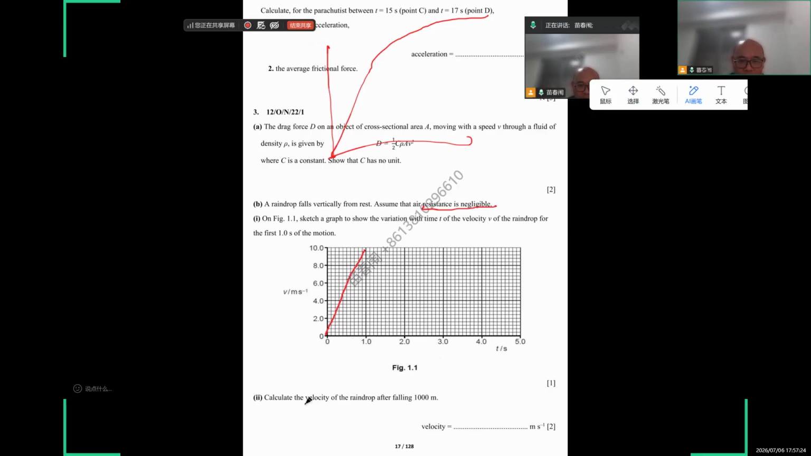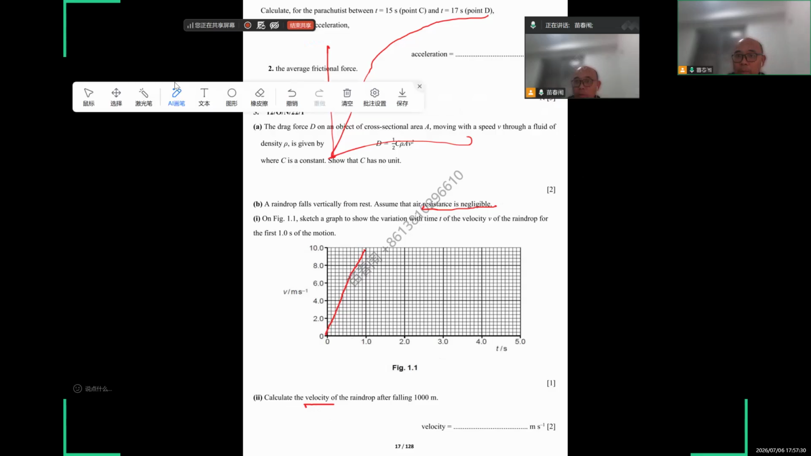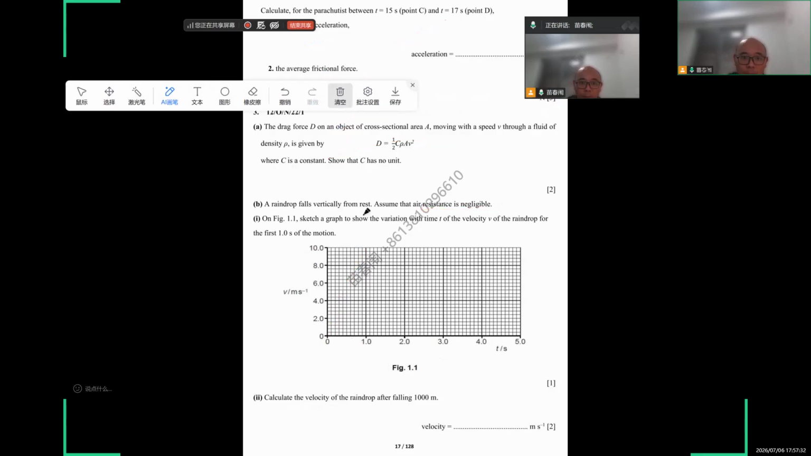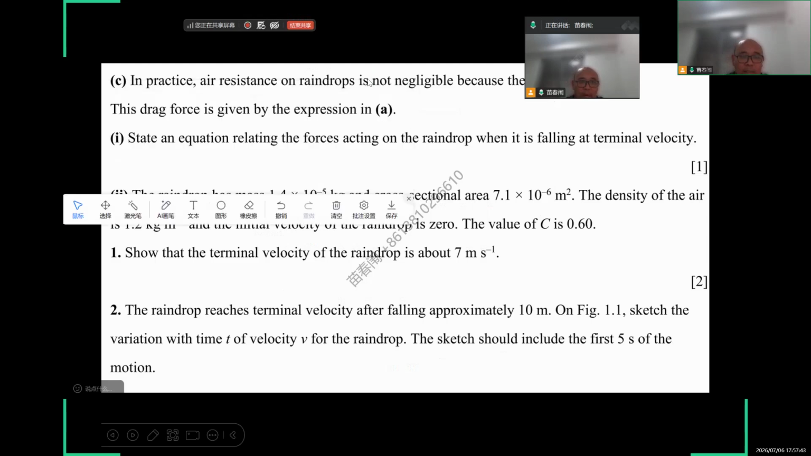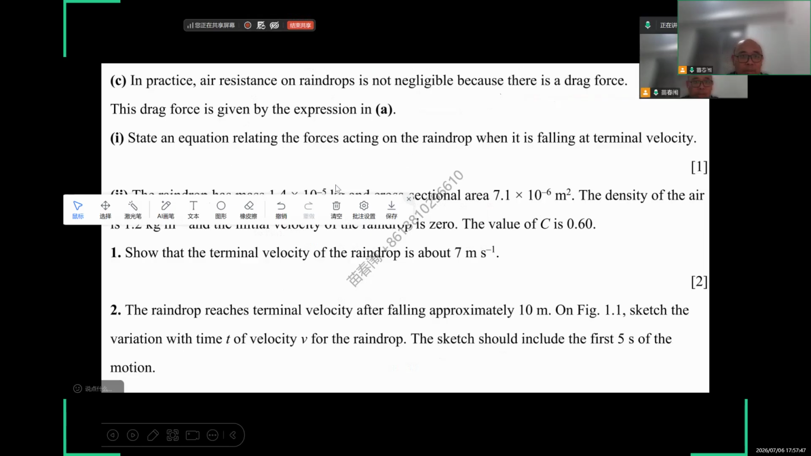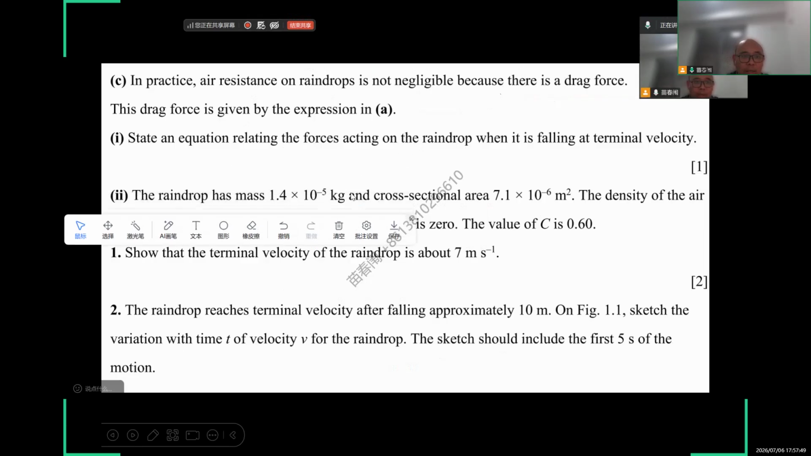And I can calculate the velocity in here. I can use the formula in like the big five. I'm going to move on a little bit to what we want to use in here, because they provide me the equation here. And then they said in practice, air resistance is not negligible because there is a drag force, and it's given by this expression